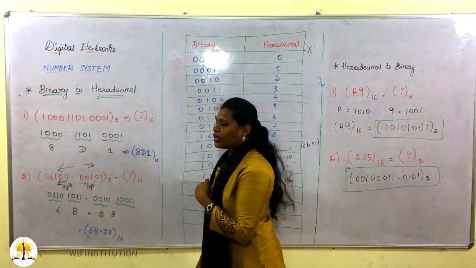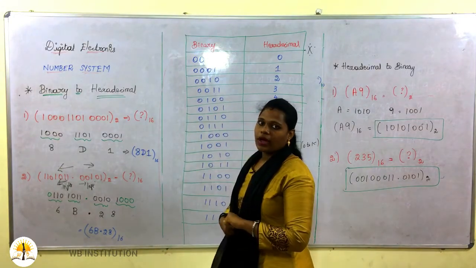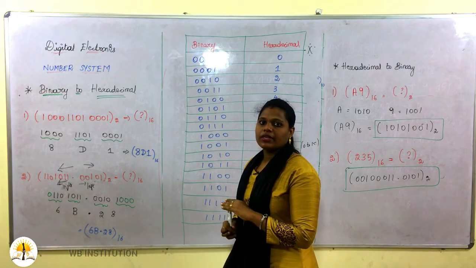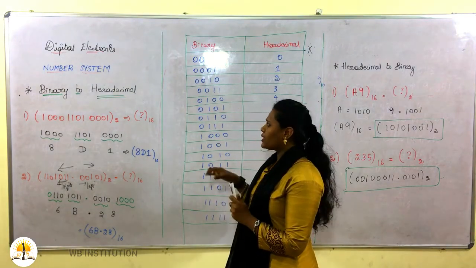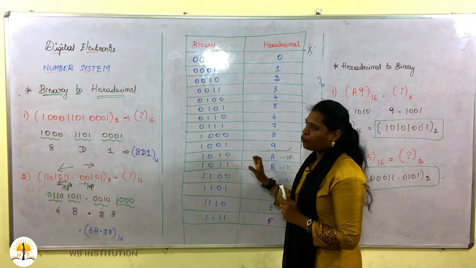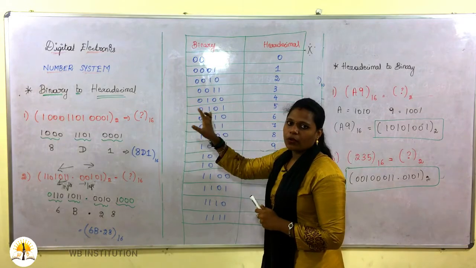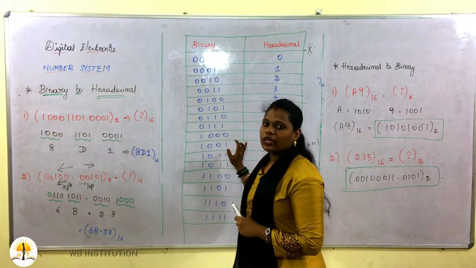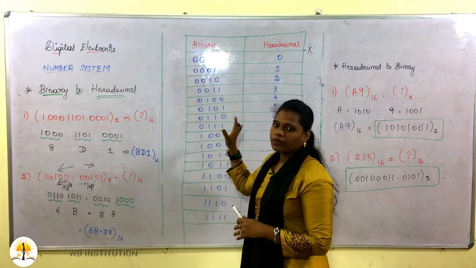You now see the conversion of binary to hexadecimal. So what did we have to do in binary to hexadecimal? In octal we did it by splitting the bits into 3. For hexadecimal you have to split the bits into 4. This is a very important table, you have to memorize this. Based on this table only we are going to substitute the value. There is no need for multiplication or addition of any numbers. You just need to substitute whatever comes in the question.